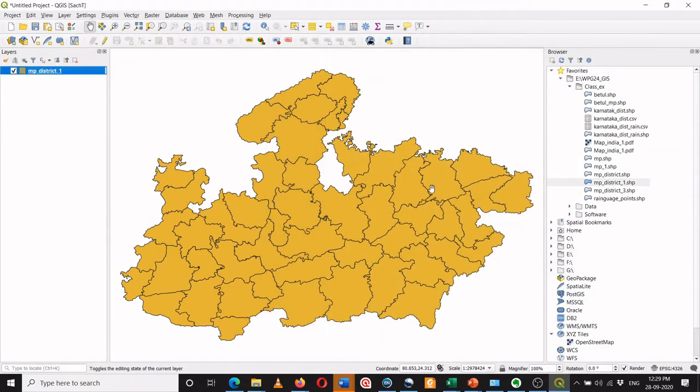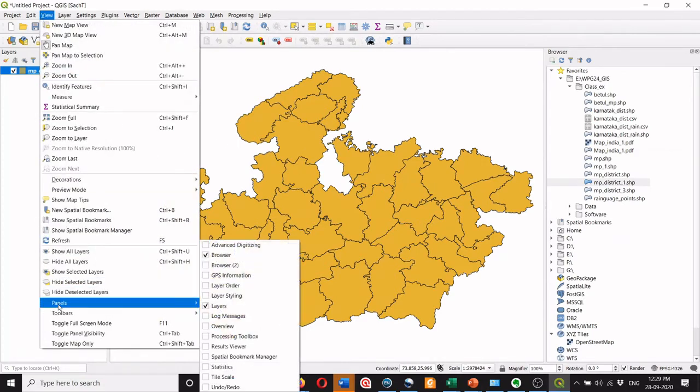Before that we also need to see how to bring on the panel toolbar, because from here onwards you will be working with various tools and therefore you need to use a panel toolbar. There are multiple ways by which the panel toolbar can be activated. One way is I can go to the view, I can go to the panel, and there is one called the processing toolbox. You need to activate the processing toolbox so that you can perform several processes. You can see it over here.